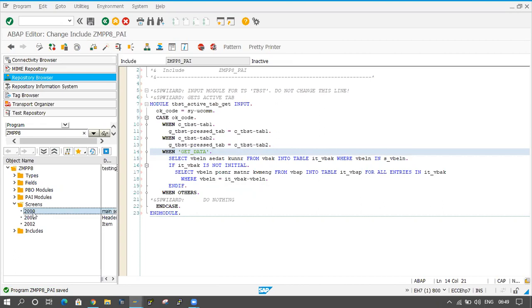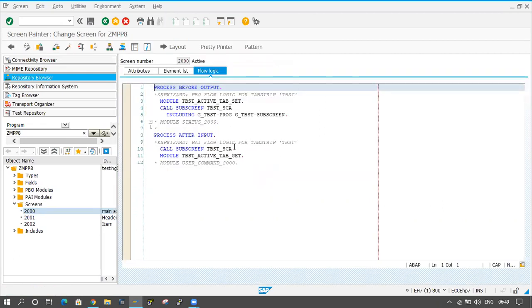Where is the 2000 screen? So this is the 2000 screen here, right? Now what I will do, I have to link. The 2003 screen is coming, right? In the 2003, I'm declaring it in one separate include: selection screen, begin of screen, screen number as subscreen, select options I have taken, and end of screen. I am taking the include.